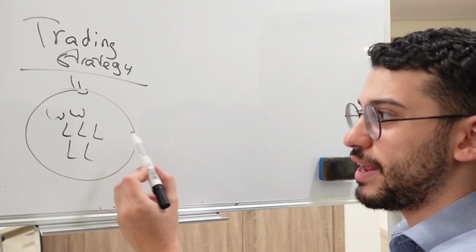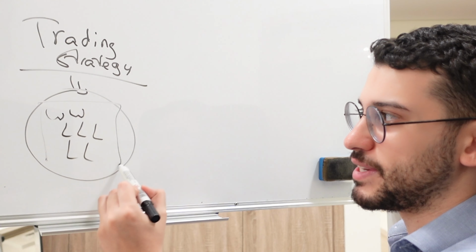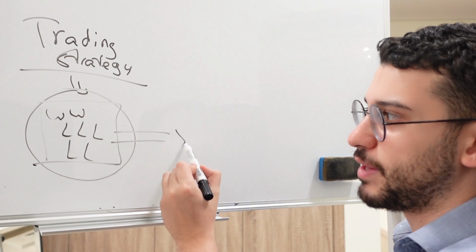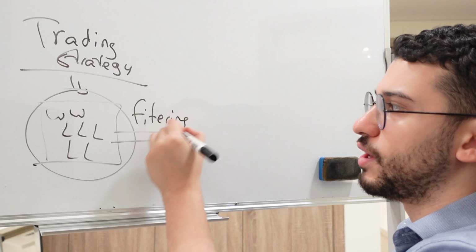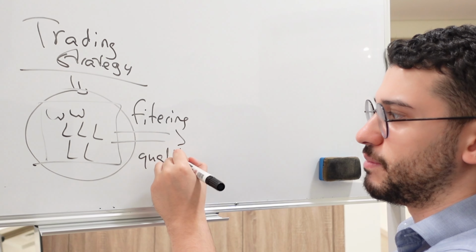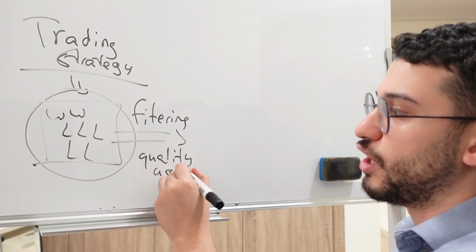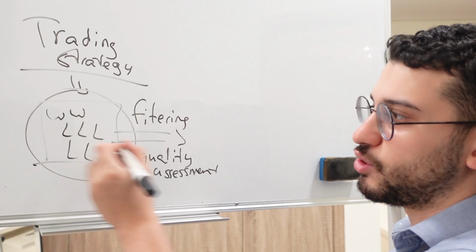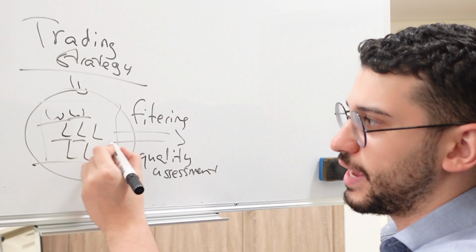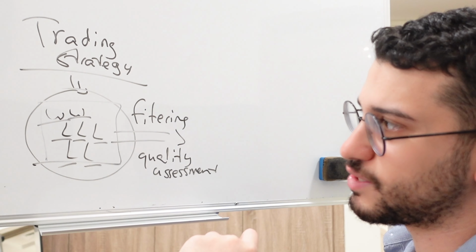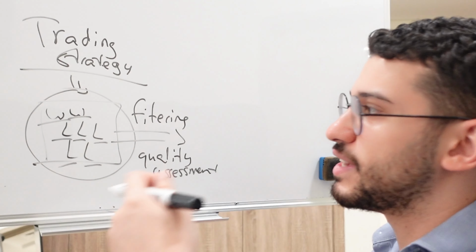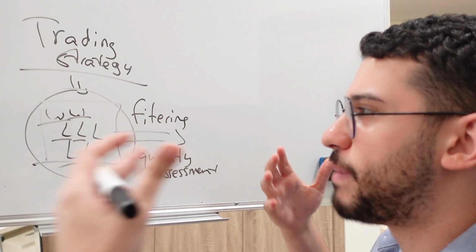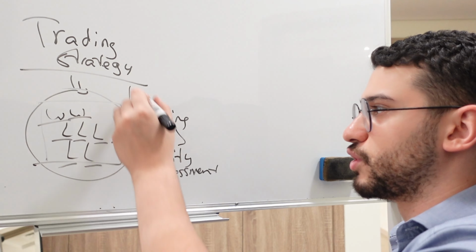Now what I do then is I pass this batch of trades that my system gives me through another pipeline, and that pipeline is a filtering pipeline. So a quality assessment mechanism, a quality assessment system. I look at every single trade and I determine whether I should take it or I shouldn't take it based on quality metrics that I have. For example, if you are an order block trader, is that order block a good order block or a bad order block? Technically, this is the filtering that I'm doing.